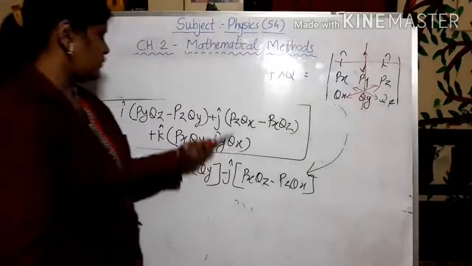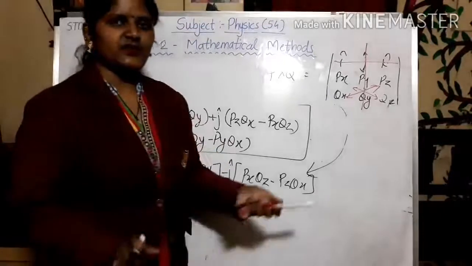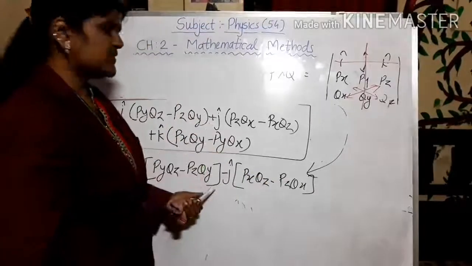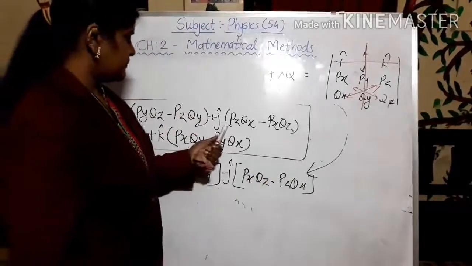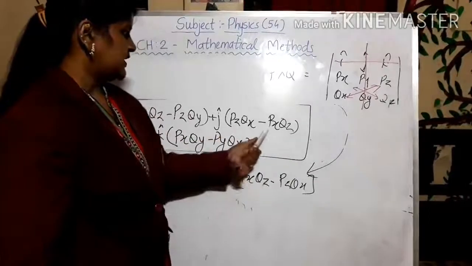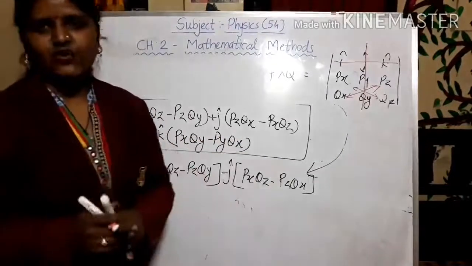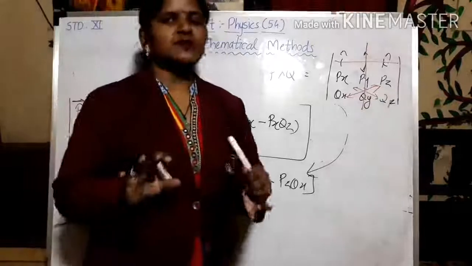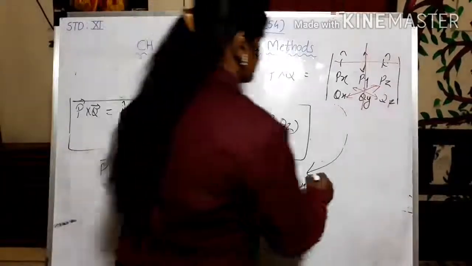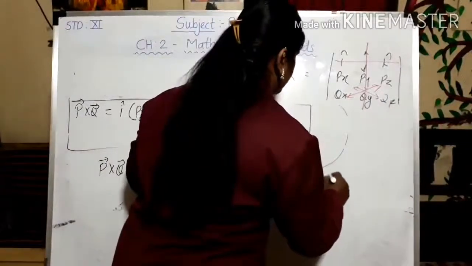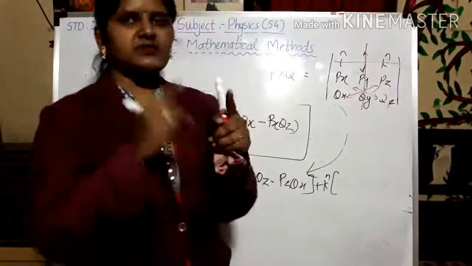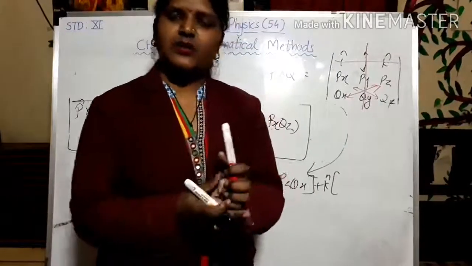So as you can see over here, it will be exactly shuffled because we have taken the negative sign outside. You see, Pz Qx and Px Qz. It is shuffled because the negative sign is outside, but it is one and the same thing. Okay. Next, I wanted for K. As I told you, first is plus, second should be negative, third should be positive.